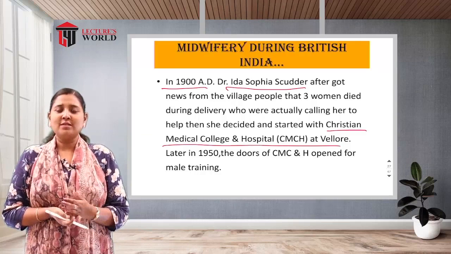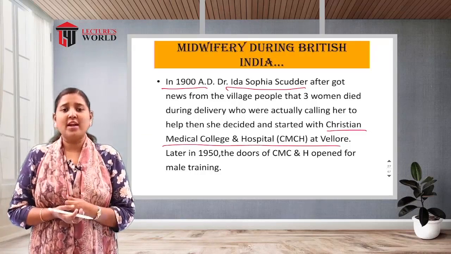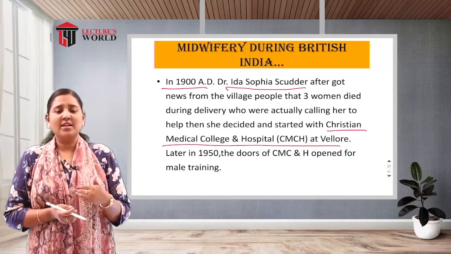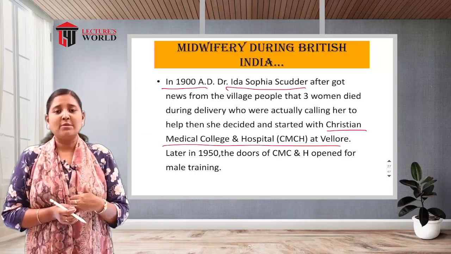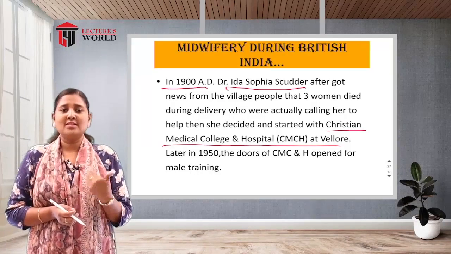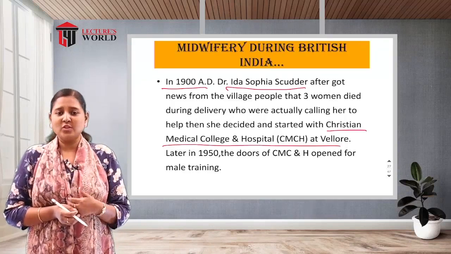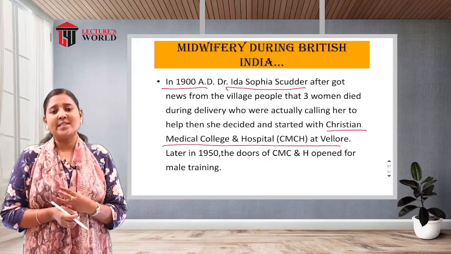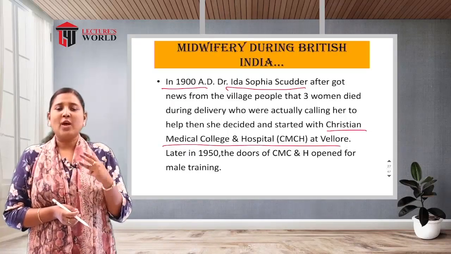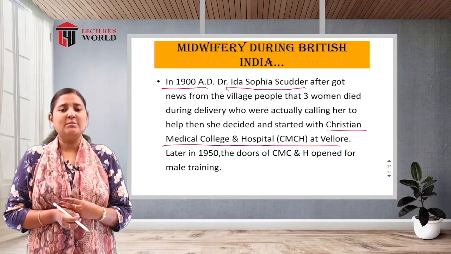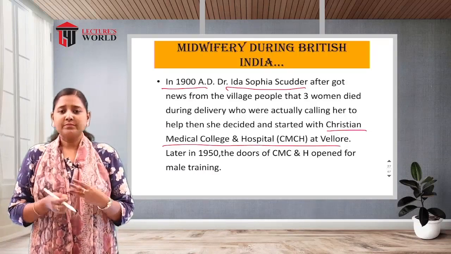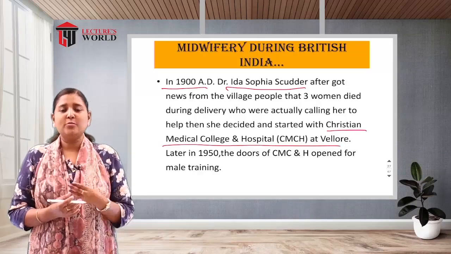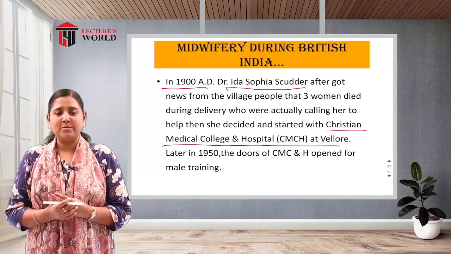After some time, again a man ran to Ida Scudder and asked for her help. Same reason, somebody at home was in labor and suffering. But Ida Scudder gave the same answer: my parents are not there, sorry, I could not help. And the same day, she witnessed three deaths. Because the parents were not available and there was no hospital nearby, nobody was there to help the three pregnant women who were undergoing labor.